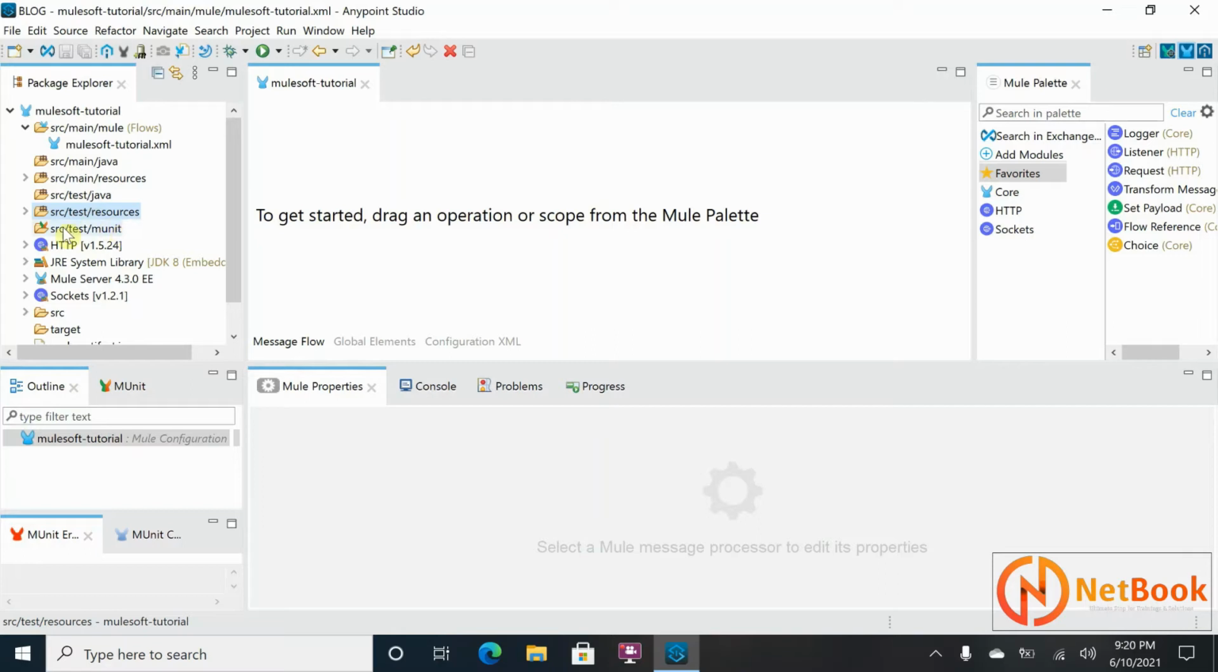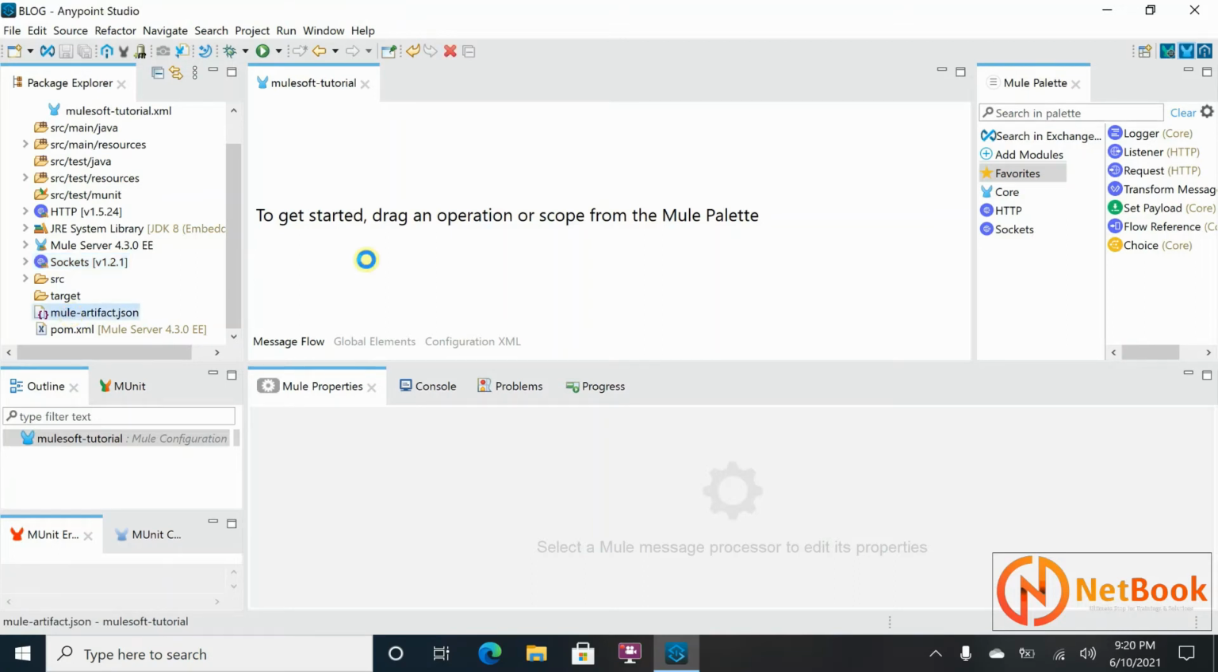That means these three folders are mainly for writing unit test cases. Then below you can see some of the dependencies and the Mule runtime. It is Mule Server 4.3.0 that will be shown over here. Then the next one is